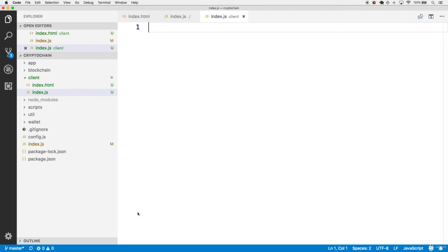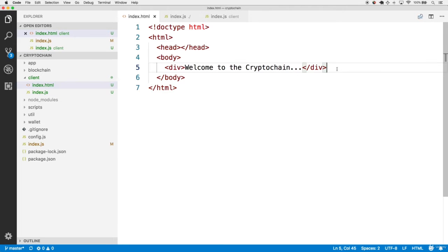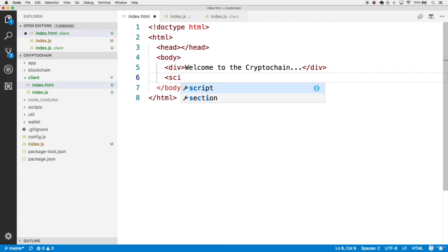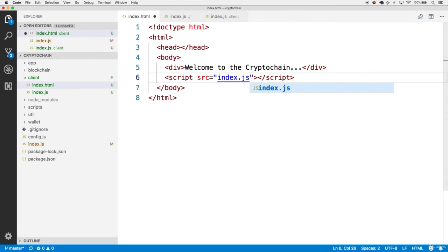Then our index.html file will need to be equipped to load this JavaScript file. So in the index.html, let's add a script tag at the end of the body. So make sure it's a pair of script tags. And in the opening script tag, we're going to have a source attribute, and this will point to the local